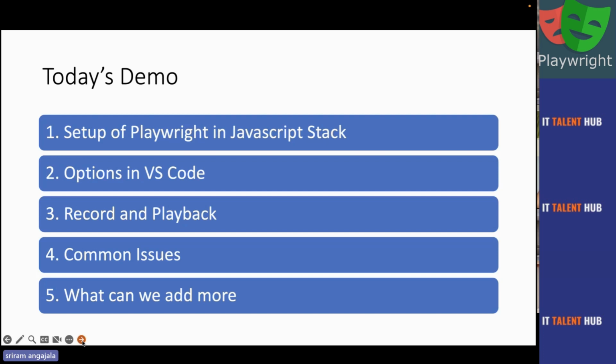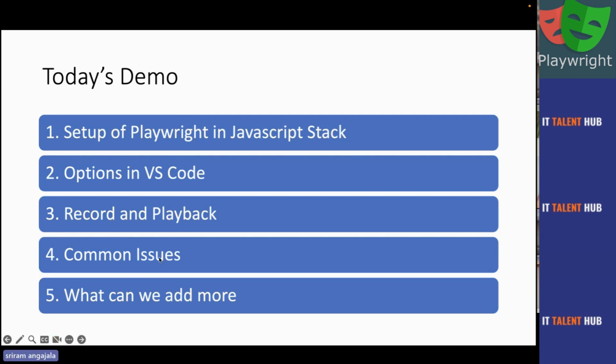But in Cypress, somehow the developers said, oh, we don't need too many layers, let's have a linear script. But now the page object is coming back again, so it's good news for us. Okay, guys, so that is about the theory of Playwright. And again, as I said, it's very good. I will open the questions at the last, please don't go away, and then I'll answer. So that is about the theory.